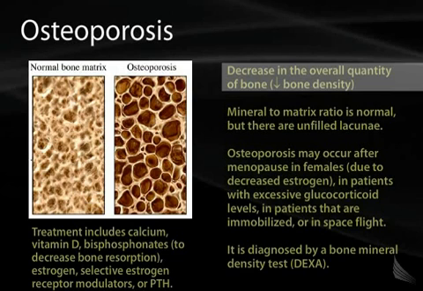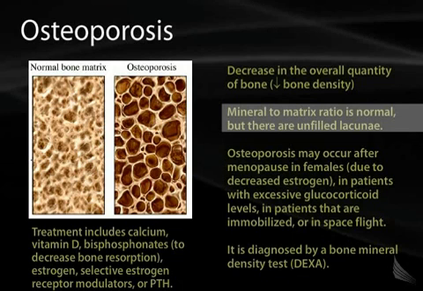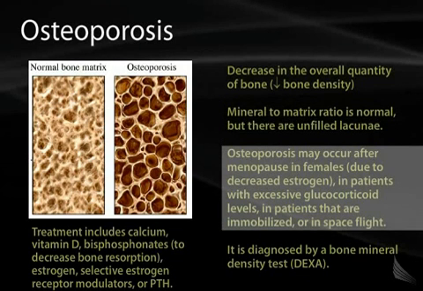Osteoporosis is an overall decrease in the quantity of the bone itself, so decrease in bone density. And as shown in this slide, you see that there are lots of holes in the bone matrix, and normal matrix should be ossified nicely, whereas in osteoporosis, those bone matrices are thinned out because the density of the bone is decreased. The mineral to matrix ratio is normal, but there are lots of unfilled lacunae. And osteoporosis may occur